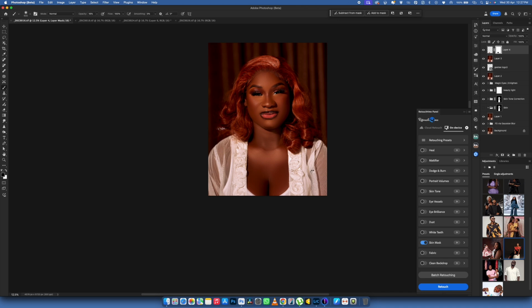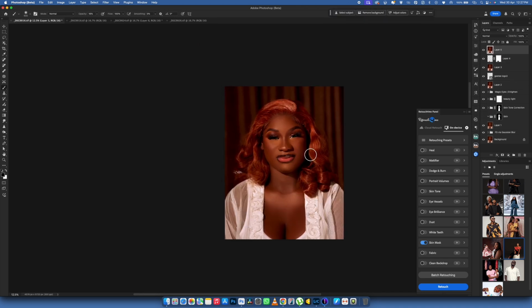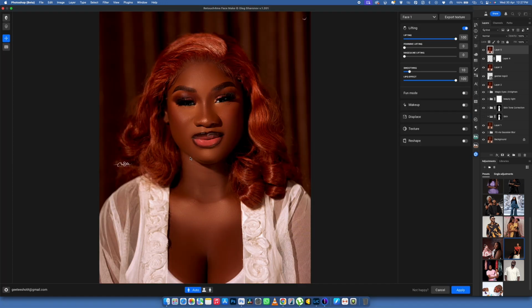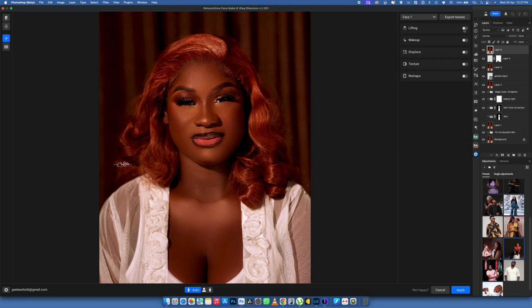So what I'm going to do from here is try to do a facelift. This is something that generative AI could not do, but Liquify now has an AI version which is called Face Make in the Retouch4me plugin. So we open that, and once you open it, automatically the facelift is applied because of my last preset. So right now, this is exactly how the image is before I brought it into this plugin. And I brought it in, there are a lot of different options here, but I'm going to be using just 2 of those options for this video,